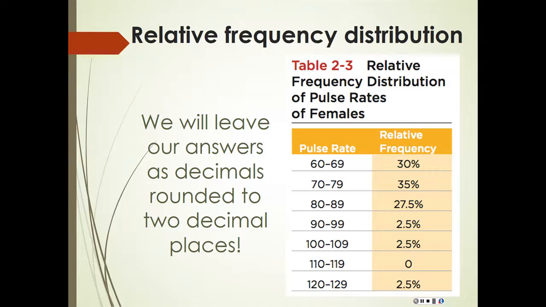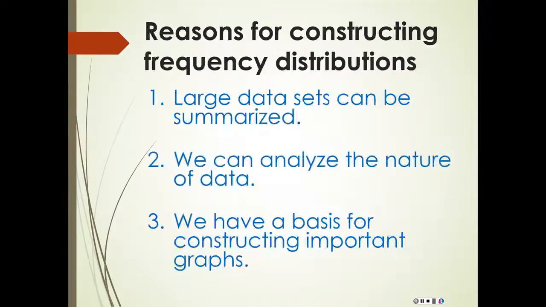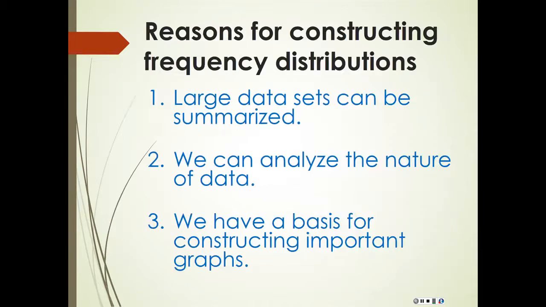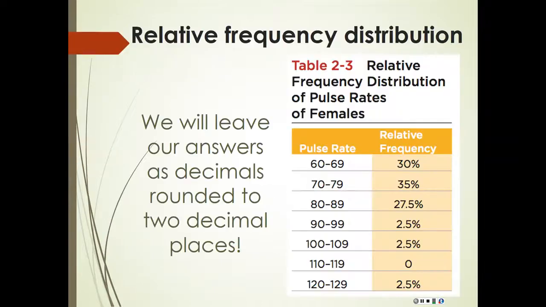We had a total of 40 female pulse rates. If I go back a couple slides, I see that I had 12 of those 40 in the first category. So when I take 12 and divide it by 40, what do I get? If you have a calculator in front of you, you tell me. 12 divided by 40 is